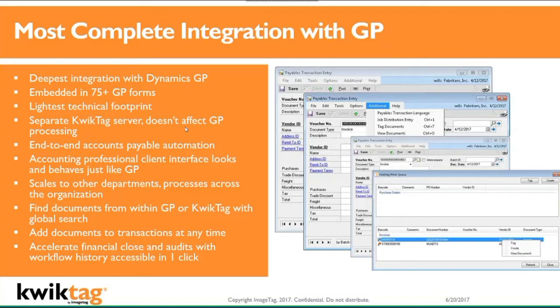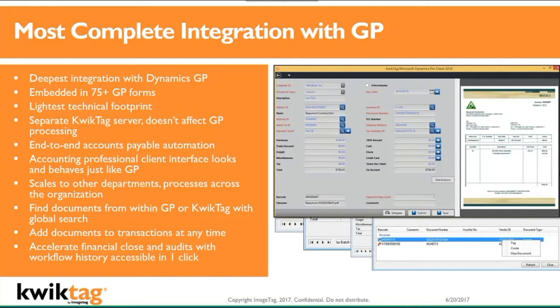So it's really designed to be, "I'm going to need this later. I need some sort of proof point for this particular type of transaction." It's really not designed to be the full-scale document management, such as QuickTag. So I would encourage you to think about when you need to have access to documents of any sort, searchable inside GP or outside of GP for non-ERP users, make that easy to find and manage the documents across the entire business. So certainly you'll be able to see that when we take a deep dive into this demo